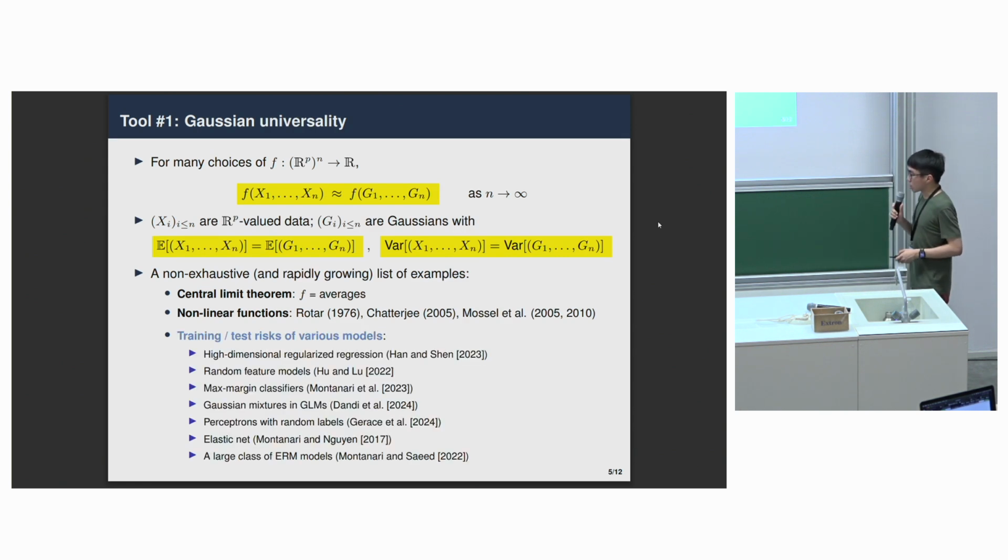The really interesting line of work that I think the ML community has developed over the past decade, especially over the past 5 years, is where people have shown that for various estimators and models arising in ML in the high-dimensional setup, if I take my F to be the training or test risk of these models, so again, this is still a one-dimensional output statistic, then I can often replace my data directly by Gaussians, and I have the same asymptotic risk. And that enables a lot of analysis, right?